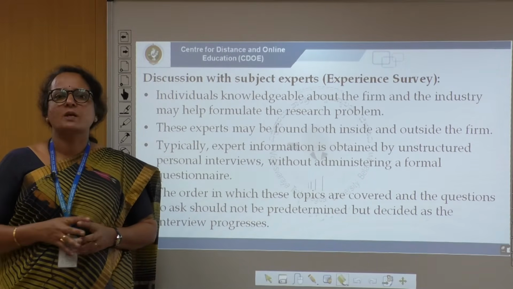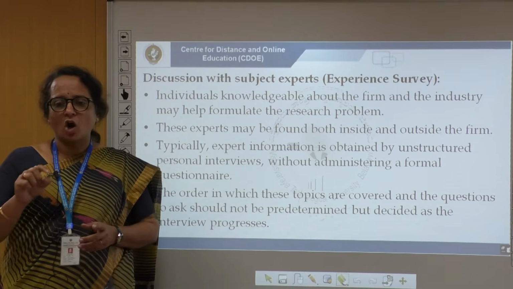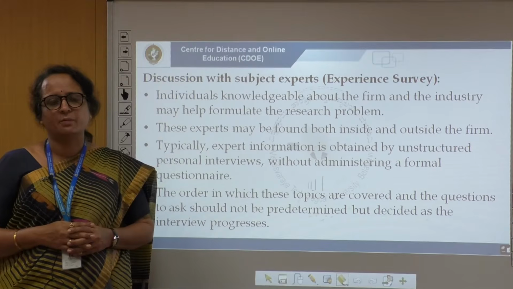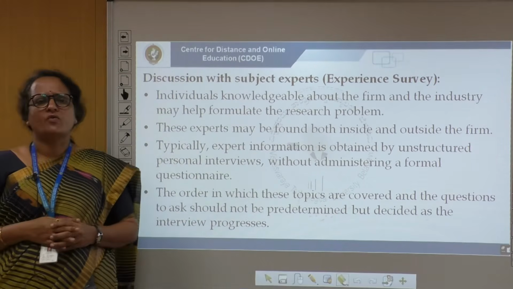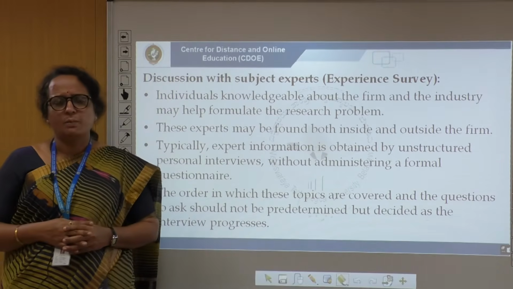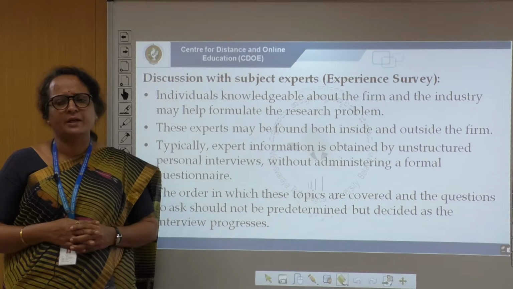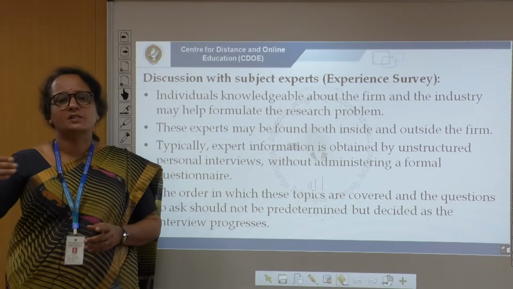So no formal questionnaire is used for collecting the information. The order in which these topics are covered and the questions to ask should not be predetermined, as I've said. So no specific order of questioning is followed, but it is not predetermined also. It is not well planned, but it is decided as the interview progresses, depending upon